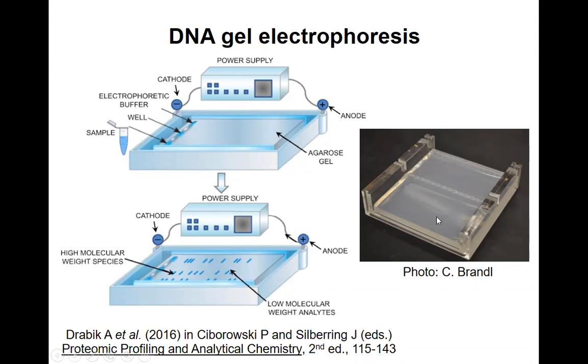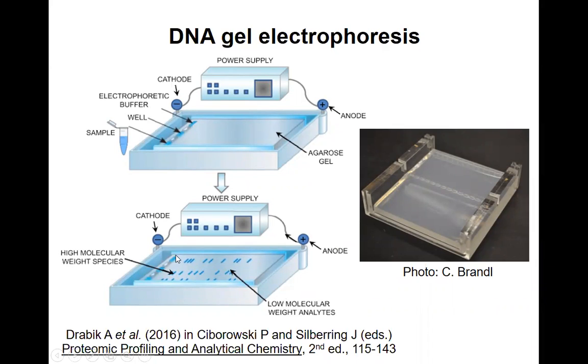If you have a small RNA or DNA piece, you go to the positive anode faster than if you are a larger piece. So what we do is we have a power supply, we have a little chamber, we have a positive anode and a cathode, which is negative. And we put our samples into these little wells here. So you have little slots that you can put samples in. So I take my RNA or my DNA and put it into these wells, and then I put the electric current on,